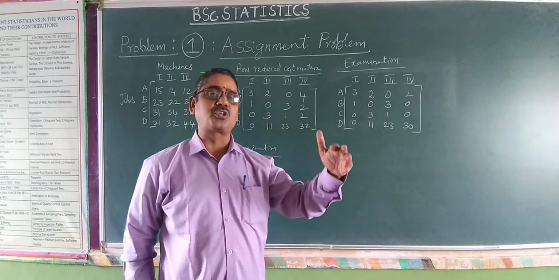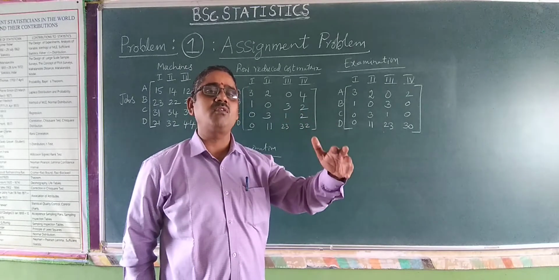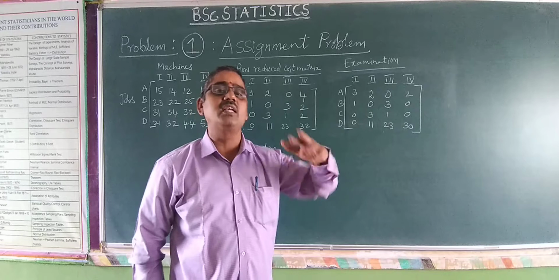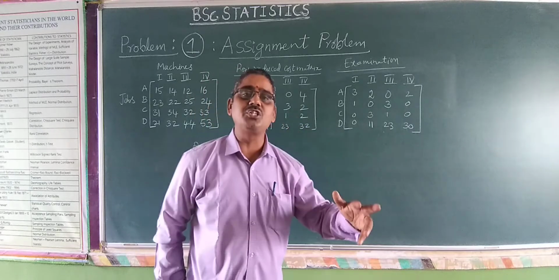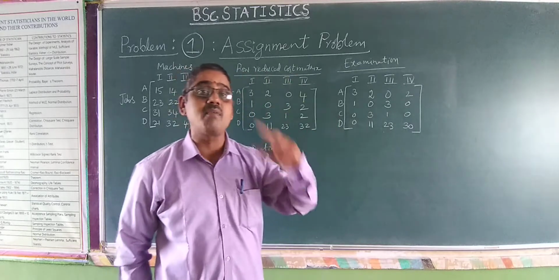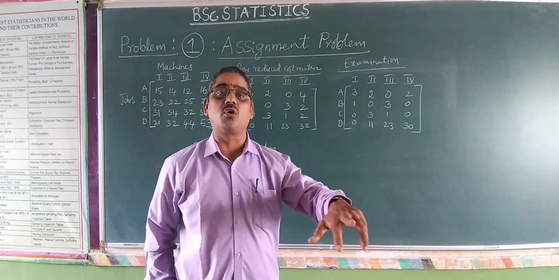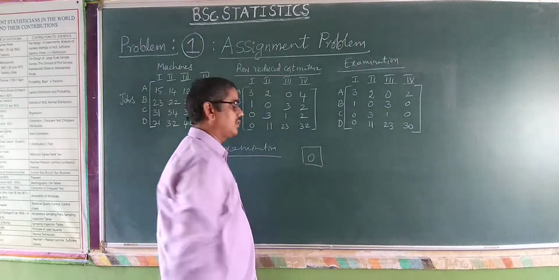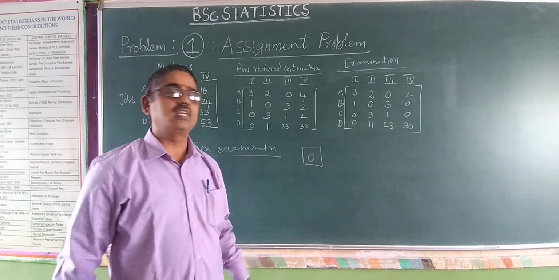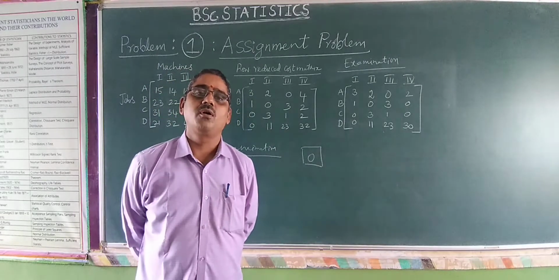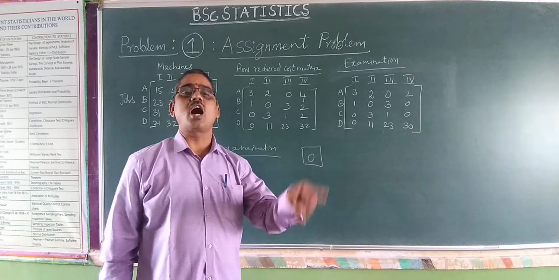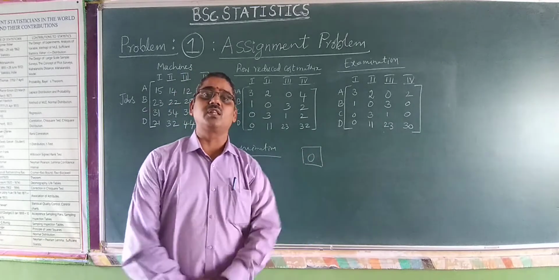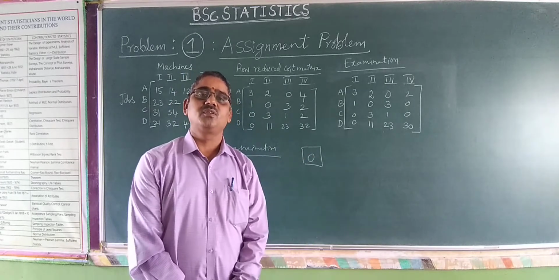Consider the first row. Examine whether the first row has a single zero. If you have a single zero, assign that zero. Assign means en-rectangle the zero. So make a box. For example, this is 0. You have to make the box like this. That is called en-rectangling the zero. And cross all other zeros in its column.